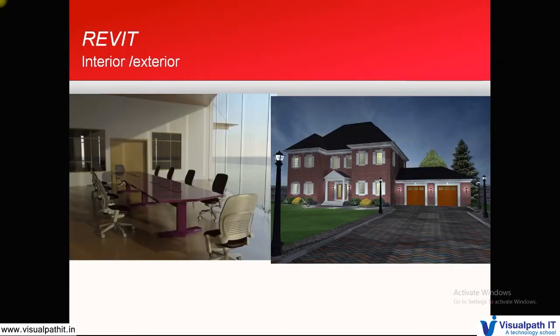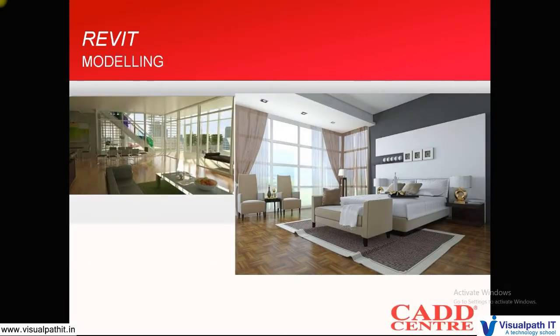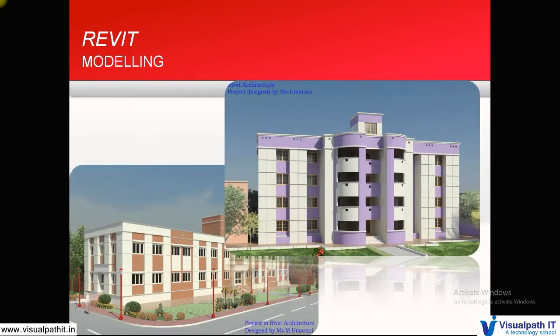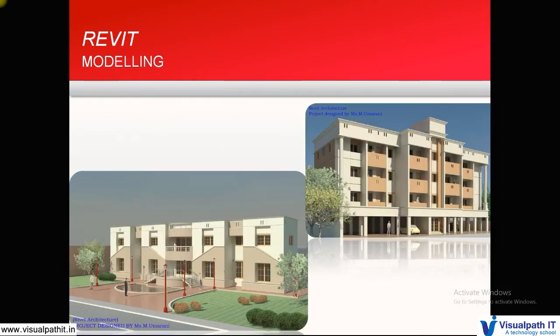Now, some of the pictures you see are the exteriors and interiors, which we will be modeling. So it will be generated in this format, the output you can see. Then this is one more rendered portion, a bigger picture of the interiors. And these are small projects which have been done in Revit. And I'll show you some big projects which also have been done. So this kind of ultimate output will be given by Revit Architecture.